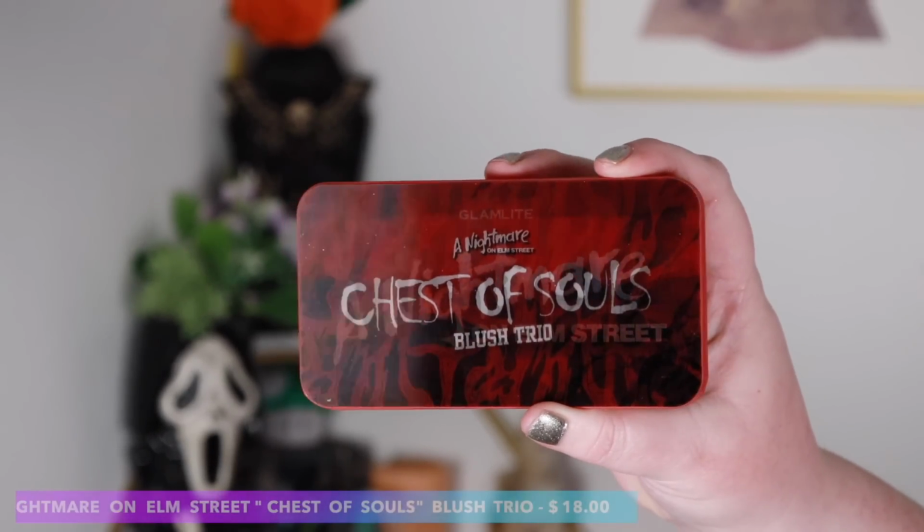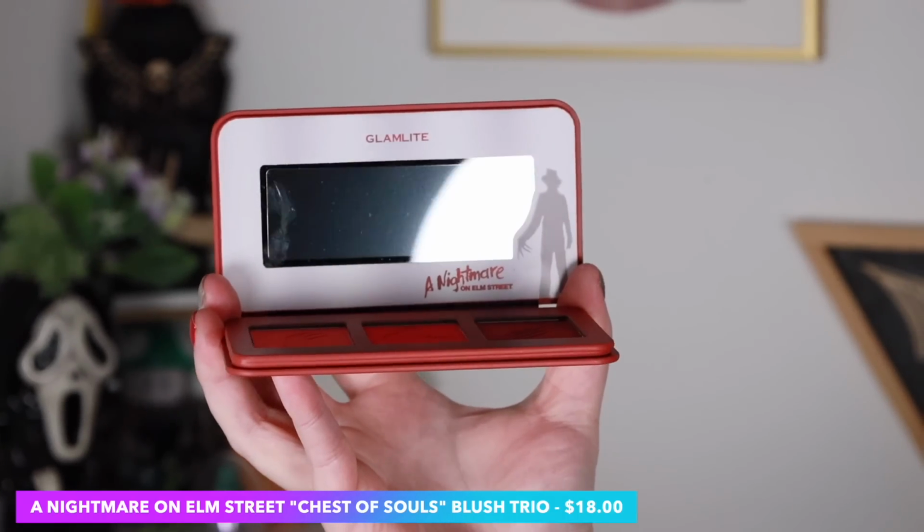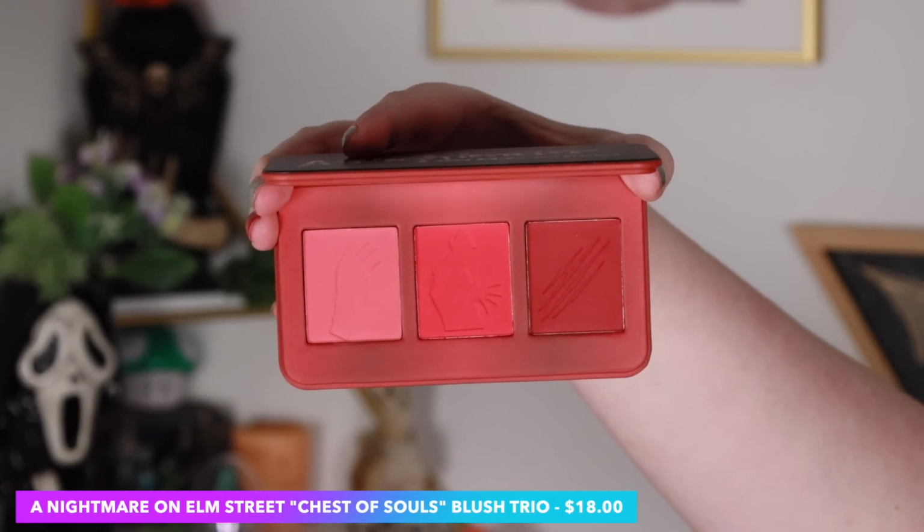Moving on to the blush palette. The Nightmare on Elm Street, the Chest of Souls blush trio retails for $18. What is so cute about this product is, of course, the lenticular cover. I love that it says Chest of Souls and then it says Nightmare on Elm Street. How cute is that? I love that when you do open her up, you get a nice little mirror here,